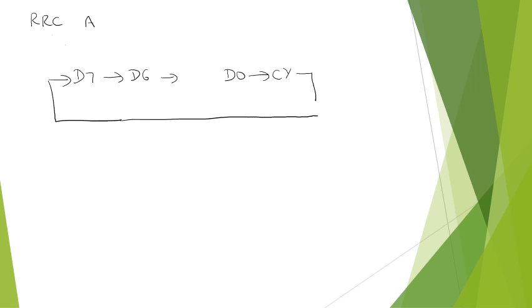Next instruction is RRC A. Function is rotate accumulator right through the carry flag. So this instruction rotates the bits in the accumulator one bit to the right. So the bit which is rotated out of the accumulator is rotated into the carry flag and the carry flag bit is rotated into the opposite end of the accumulator. So D7 bit will be rotated to D6 bit and so on, and D0 bit will be rotated out of the accumulator and into the carry flag, and the carry flag bit will be rotated into the accumulator from the other end, that is, it will be rotated into the D7 bit.